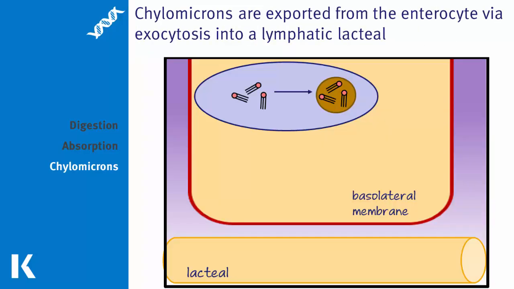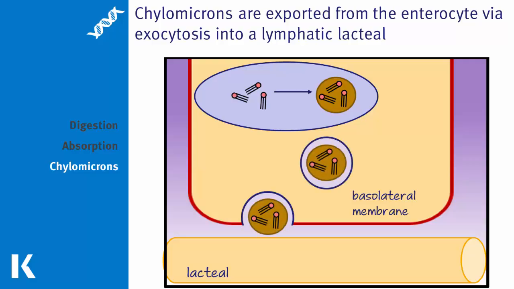Chylomicrons are synthesized in the endoplasmic reticulum, packaged in the Golgi apparatus, and leave the enterocyte via exocytosis across the basolateral membrane. Because chylomicrons are relatively large, they cannot be taken up into the intestinal capillaries. Instead, they diffuse into special capillaries known as lymphatic lacteals. This completes the process of digestion and absorption of lipids. Once in the lacteal, the chylomicron will travel with lymph until emptying into the subclavian vein via the thoracic duct. Once in the bloodstream, the chylomicron can deliver triacylglycerides and cholesterol to various tissues such as adipose tissue, skeletal muscle,